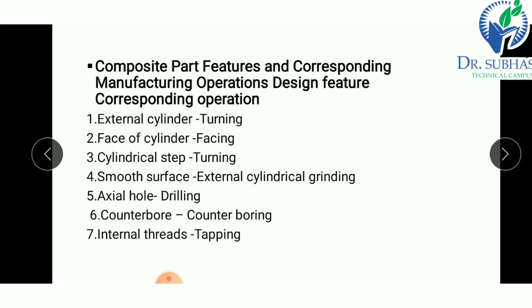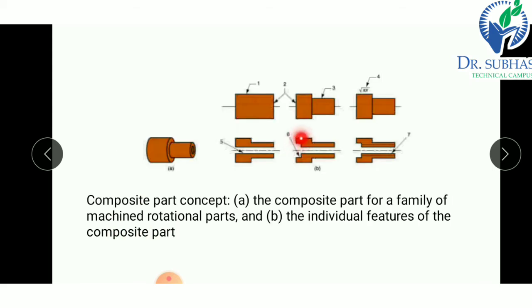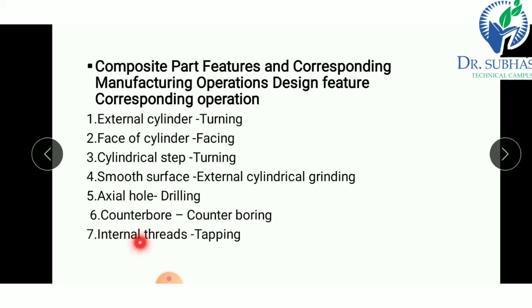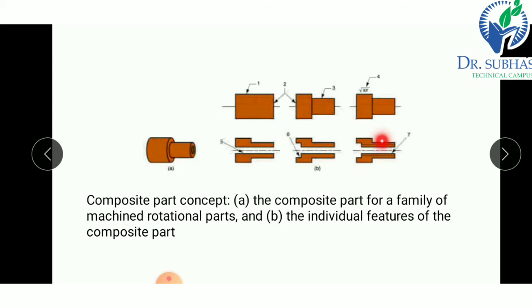Then next one, counterbore. So we have to perform a counterbore, that's why we use counterboring. And next one is internal threads. So here we have to create internal threads, then we use tapping.